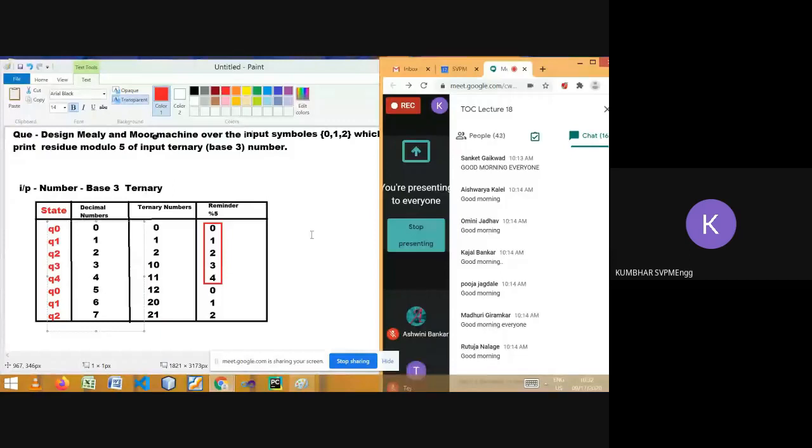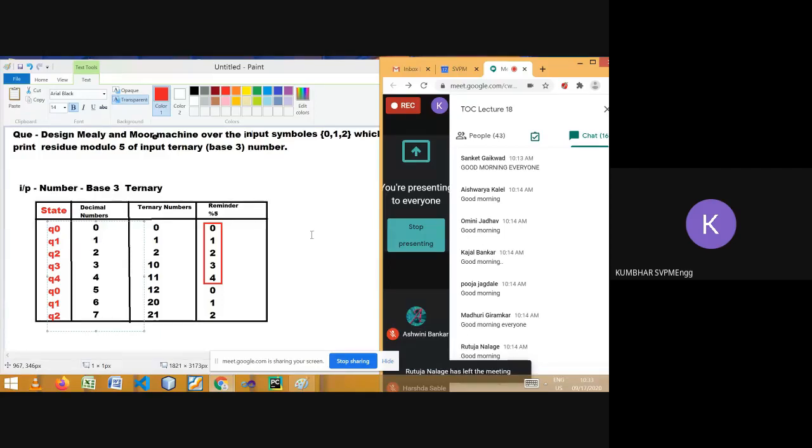Let me remind you, for DFA also we have seen binary division, ternary division, divisibility by 3, divisibility by 4, divisibility by 5, even for a binary number or ternary number. All are having a common solution. The clue is you check what the different remainder states are, and as many remainder states as there are in that number system for the given number, those many states will be in that finite automata. I hope you all are clear on this.